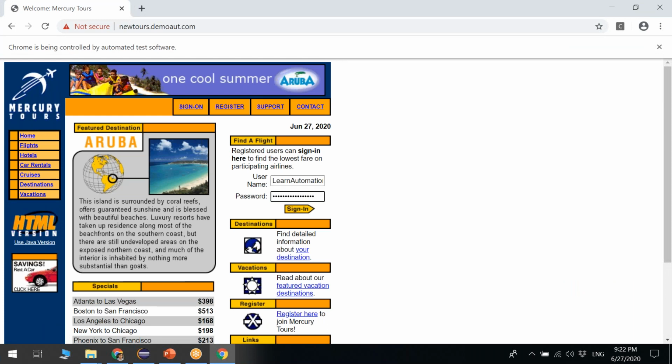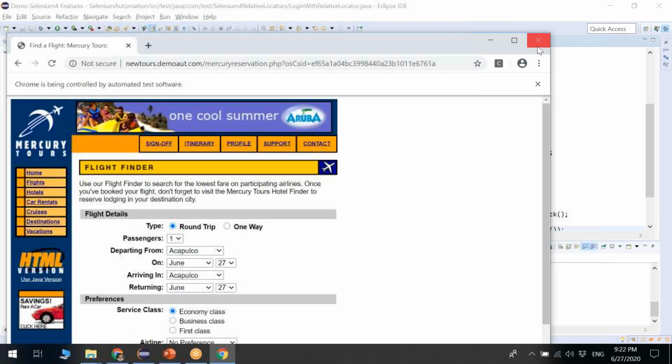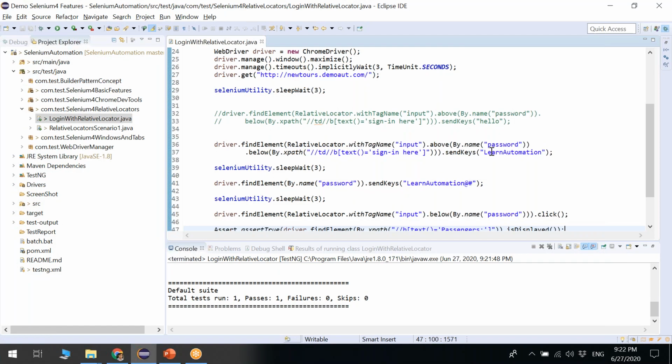For the username and clicking, we are using a relative locator here, and it will perform the click action on the sign in button. So it clicked. So sign in. Let me close this. So this is one example.